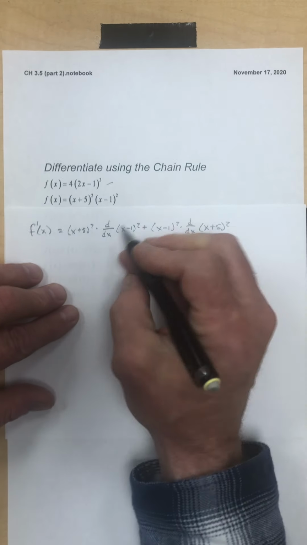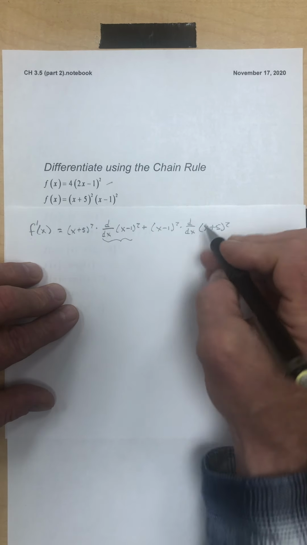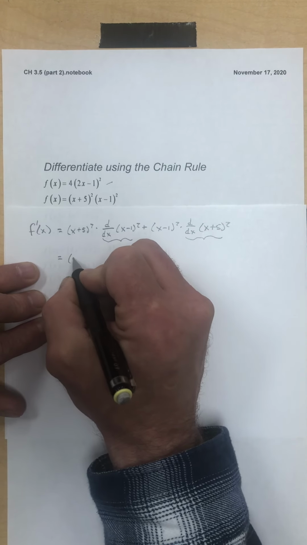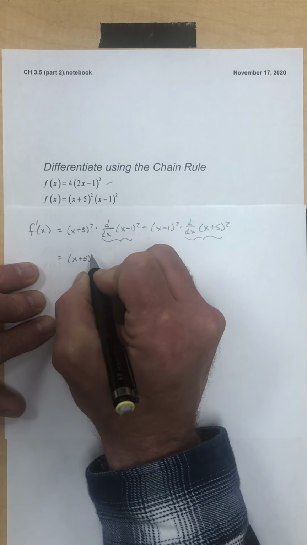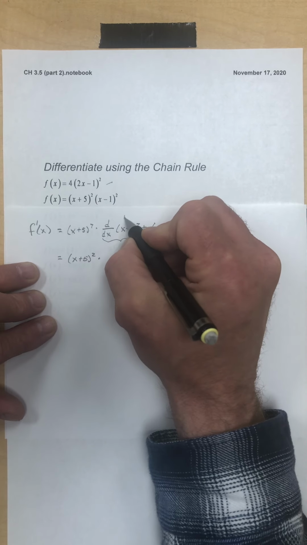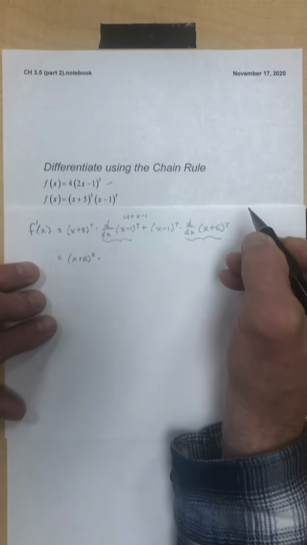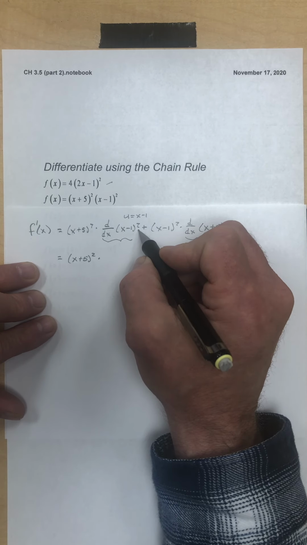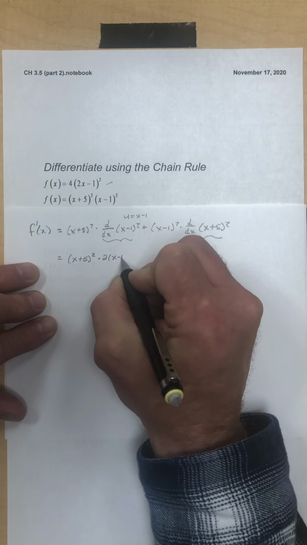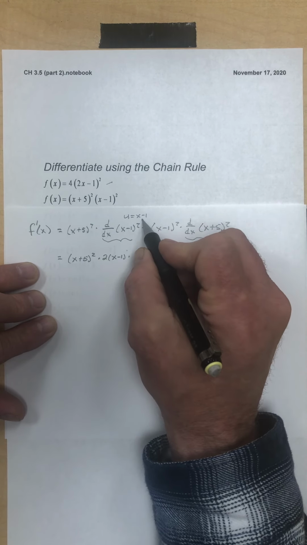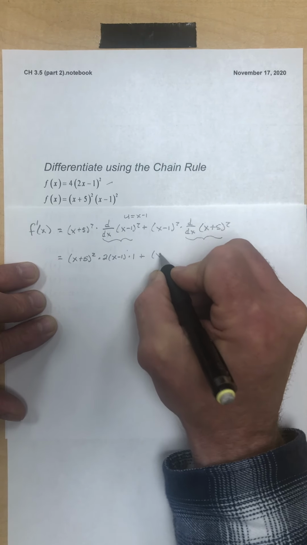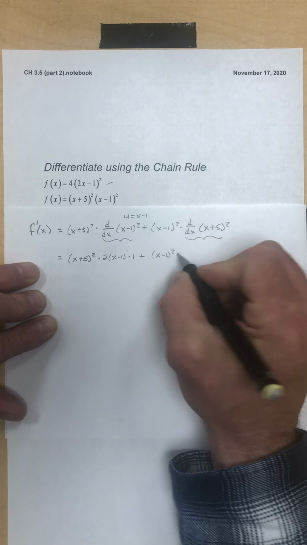Okay, so this right here is where you have to use the chain rule, right there and right there. So I just bring that first binomial down, x plus 5 squared. Now right here, if I let u be my x minus 1, then I take the derivative and I get 2u to the first. So it'd be 2 times x minus 1 to the first times the derivative of u, which is just 1. Plus, bring this guy down, x minus 1 squared times,